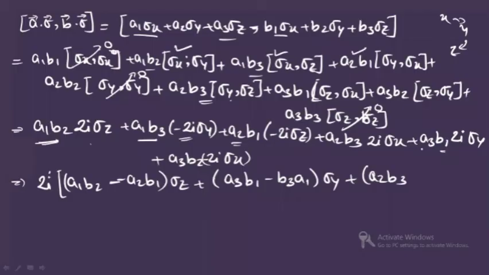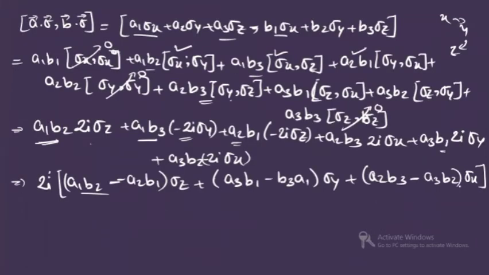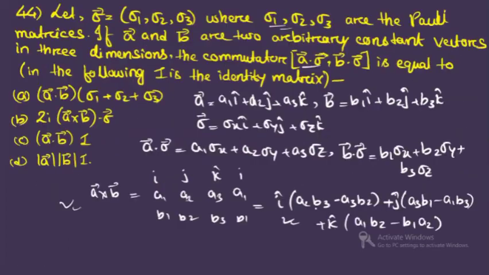You're having here a2 b3, right? This is giving you a2 b3 sigma x, right? Minus, this is a3 b2, so minus sign is there, I'm taking a3 b2, and here you will have sigma x common, right? Now if you see this term, this is sigma x sigma y sigma z, this is a1 b2 minus a2 b1. I have done a cross b, it is a2 b3 minus a3 b1, right? This is a2 b3 minus a3 b2.